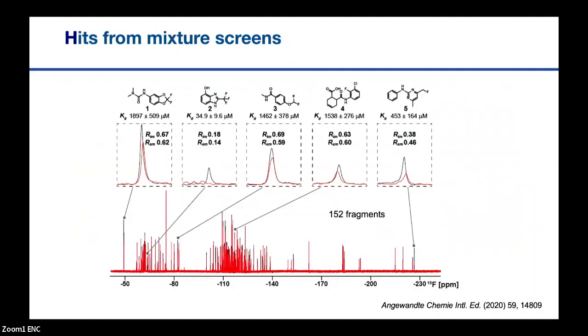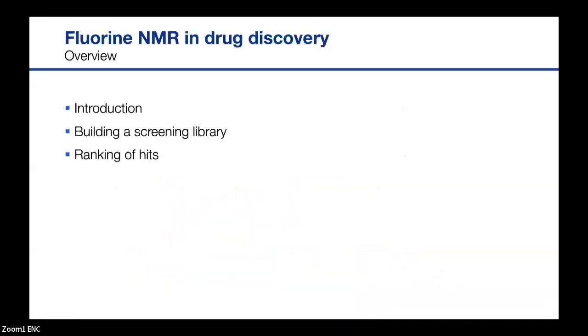So now we've worked everything out, and now we can go and screen. And we've published this. So this was the library we set up at Novartis, where we had nearly 4,000 compounds that we screened very efficiently. And then you just look, and the analysis is very simple. You just go and try to see where you have strong changes between the ones where you add the protein, right? Okay. Now,